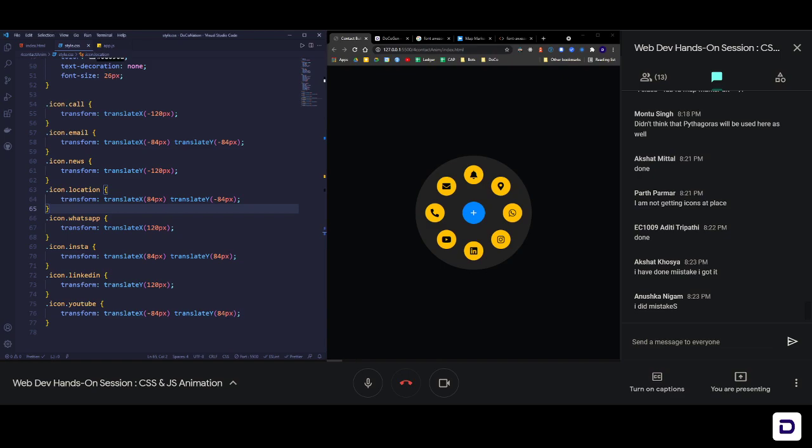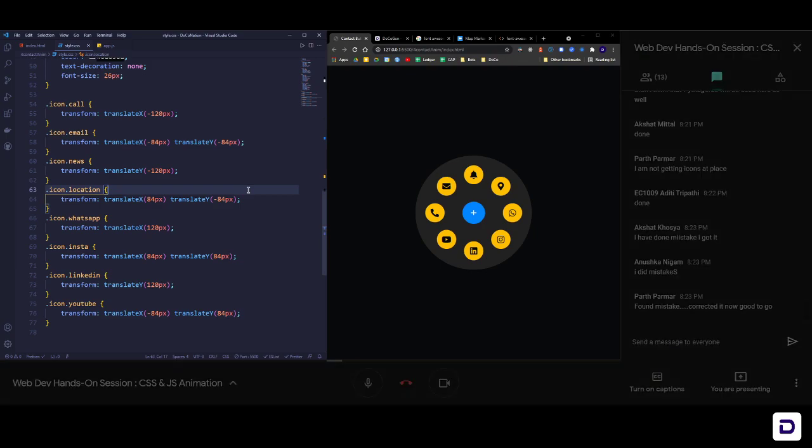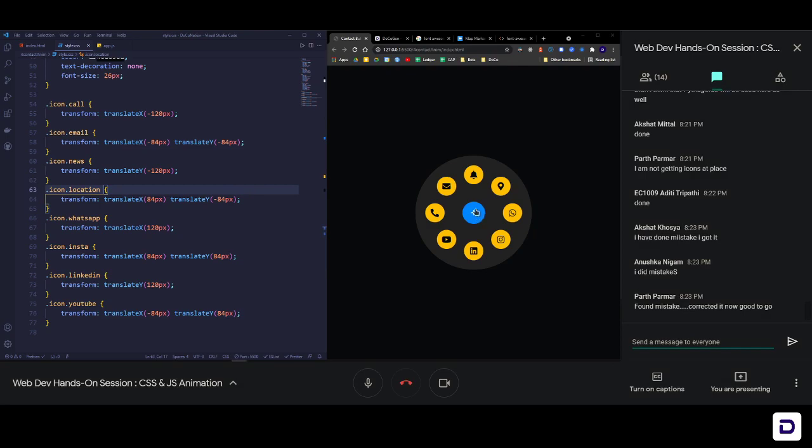Okay, so let me quickly move on to the next part, which is to animate this. Okay, to animate this whole thing. And how to do that, we are going to focus on the one animation only. Okay, the animation that we're going to focus on is that when we click on the button it should open. Okay, so no hover or anything like that, just one animation, which is the main animation here, which is when I click on this icon it should open.